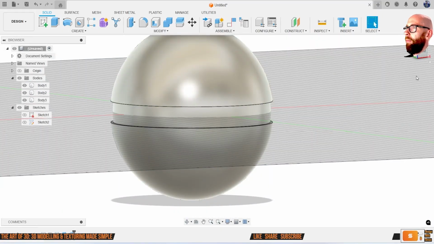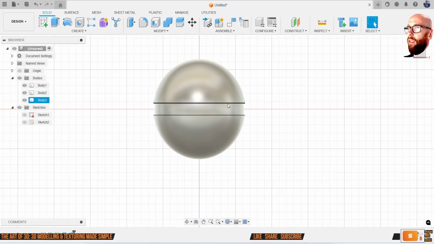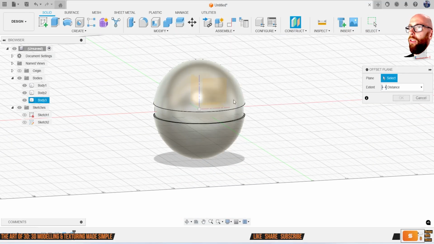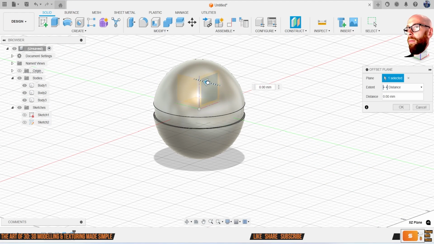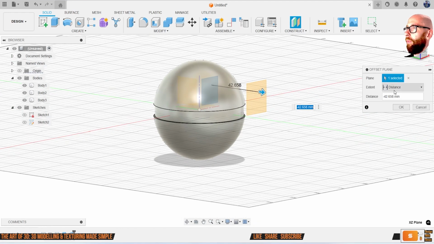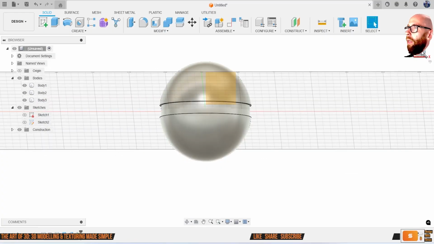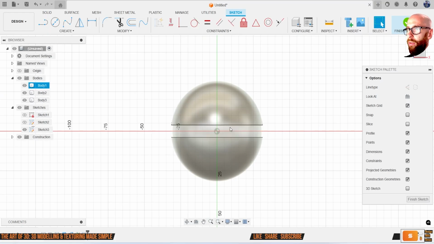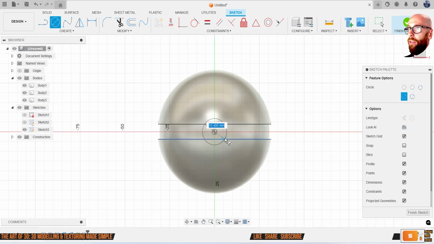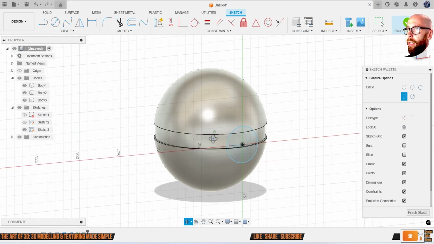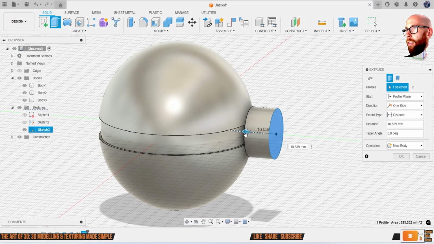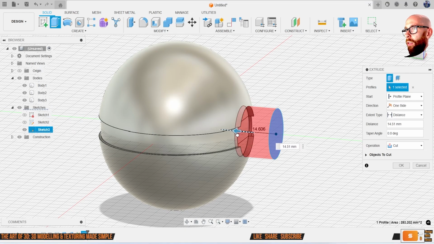So we've got that there. Then let's construct. I'm going to go to offset plane, but if you just click on construct, it automatically does an offset plane. I'm going to grab this, just drag it out a little bit, just so it's at the front there. I'm going to create a sketch. Let's do C for circle again, and again snap to the origin. And it needs to be something like that. Do E to extrude, drag that through,